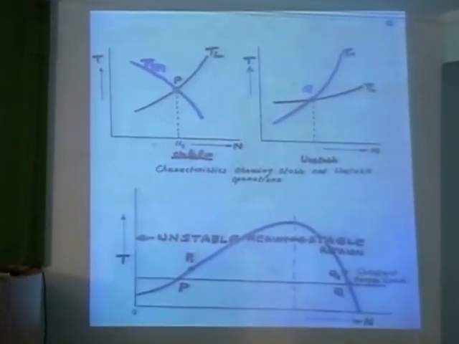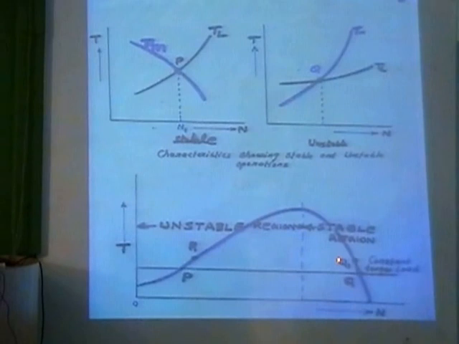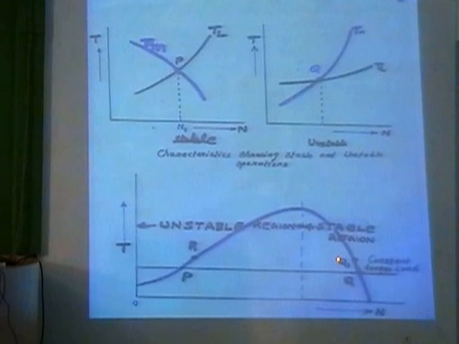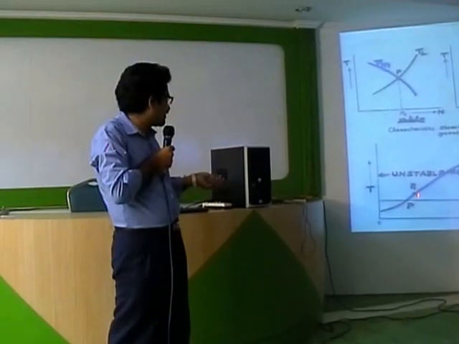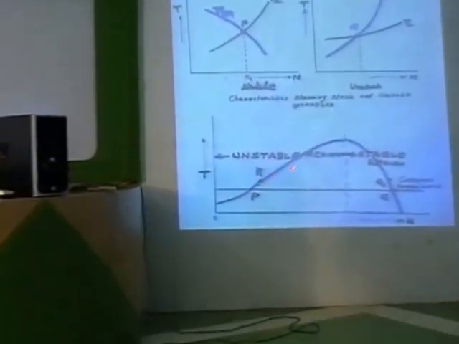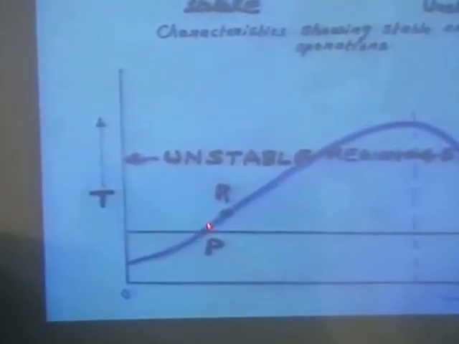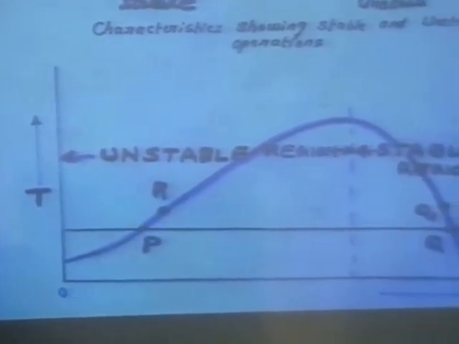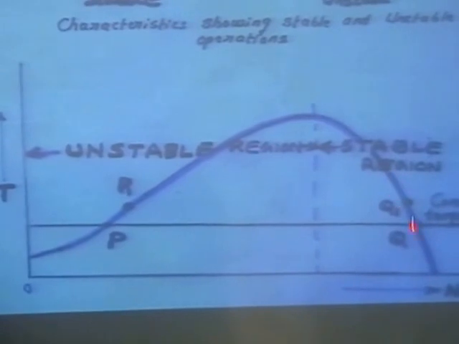Let us say voltage increases, so the developed torque increases. Developed torque is greater than the load torque. So if developed torque is greater than the load torque, speed increases, so the operating point comes to this place. Whereas if you see here, let us say voltage increases, torque increases, so now your torque is greater than the load torque, speed increases. So you find that the operating point will be going further and further away. So in an unstable region, if I give a disturbance, the operating point will be going away. Whereas in a stable region, if I give a disturbance, it comes back to the original. So that is the difference between stable region and unstable region.